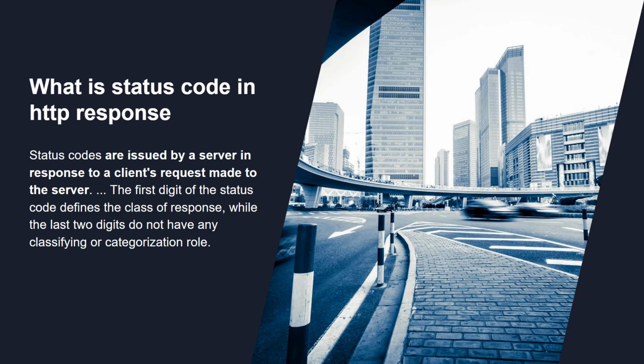In this video, we are going to learn about what a status code is in an HTTP response. So let's start. Status codes are issued by a server in response to a client request made to the server. The first digit of the status code defines the class of response, while the last two digits do not have any classifying or categorization role. So move to the next slide to know everything about